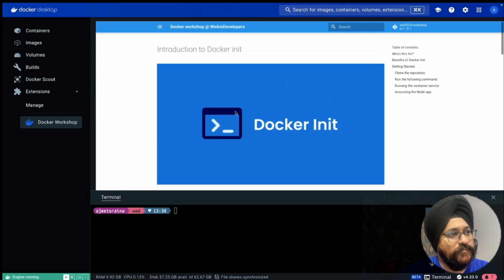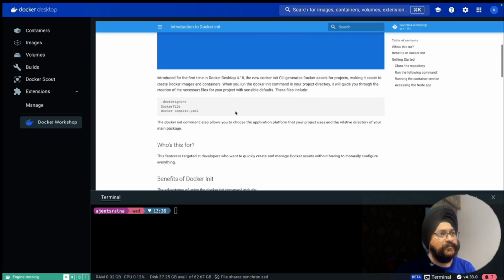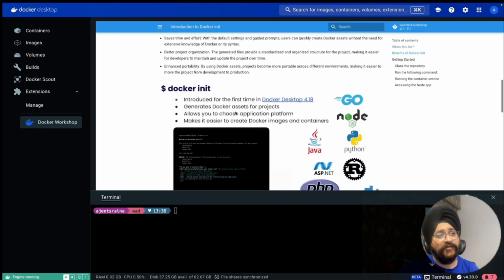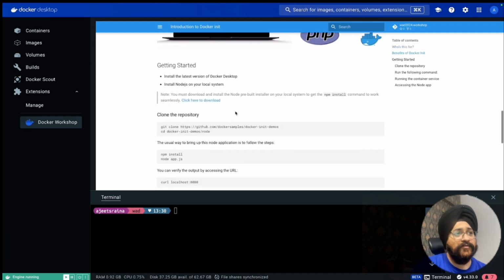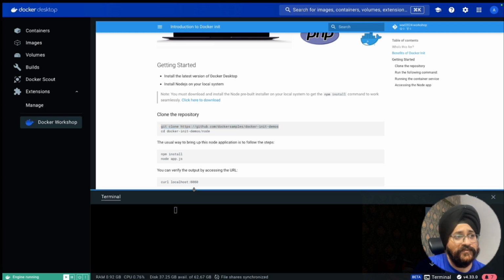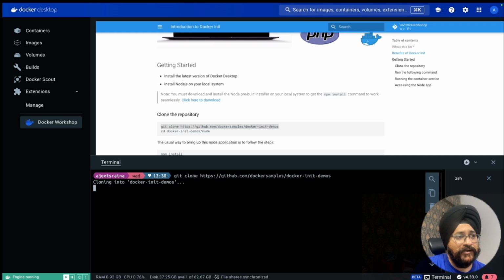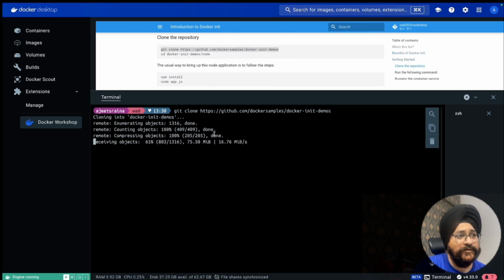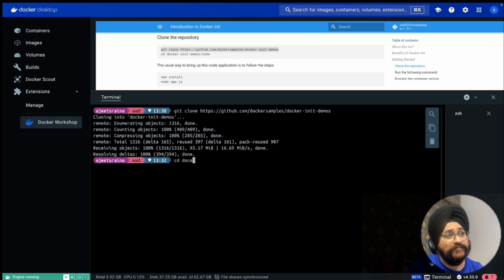So if you go to the workshop, you can see here that we have a specific page for Docker init, which talks about what are the benefits of Docker init, when it was introduced. And also you will see that there are a few instructions here. So let's go ahead and clone this repo. Ensure that you have Git installed on your local machine. As this is the first time I am cloning this repo, it will take its own sweet time here. So once it is cloned, change directory to docker-init-demos,